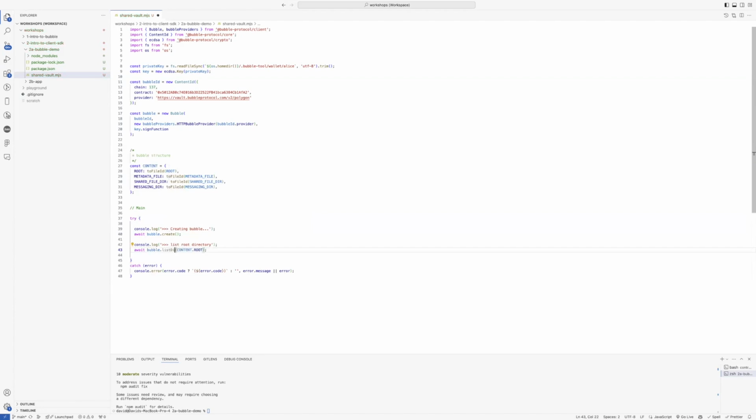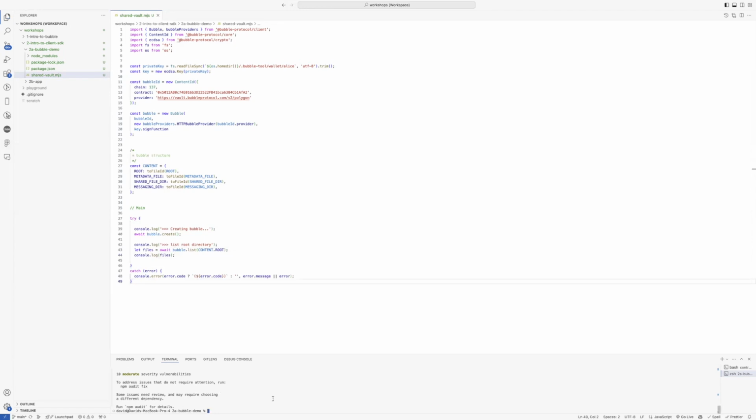It's bubble.list content.root, which comes from here. Files. Okay, so we should be able to run this, and it should create the bubble and list the files